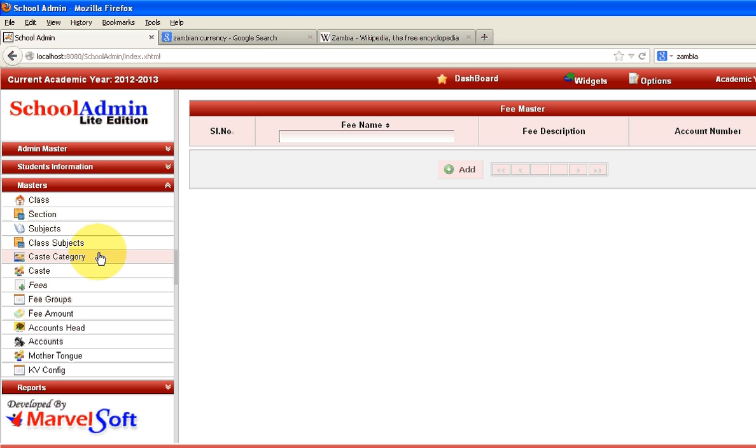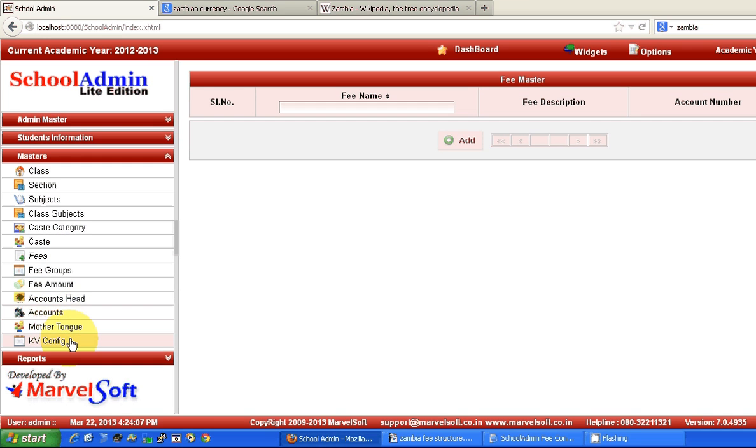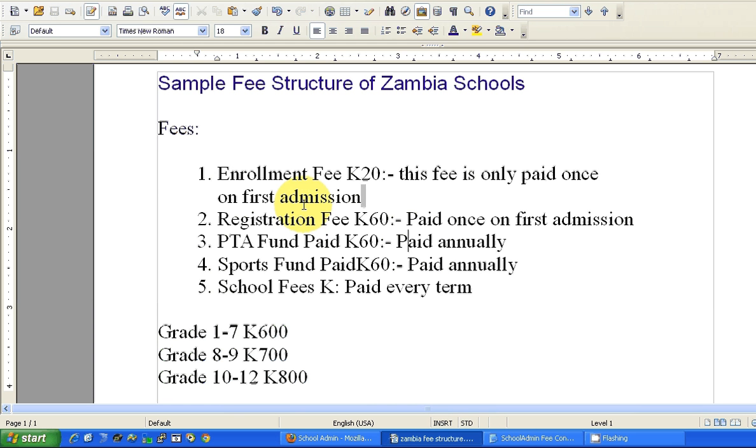Now to define any fee structure in school admin, you have to define fees, fee group and fee amount. And also we have something called KV config, which is basically slabs. If certain fees are applicable only for particular students, then in that case we create slabs. For example, enrollment fees and registration fees are applicable only for new admission. So in such a case we need slabs. If the fees are common for all the students and the amount varies across the different grades, in that case we do not need